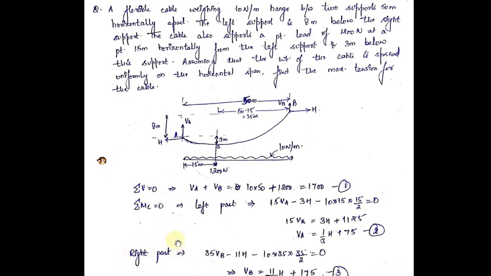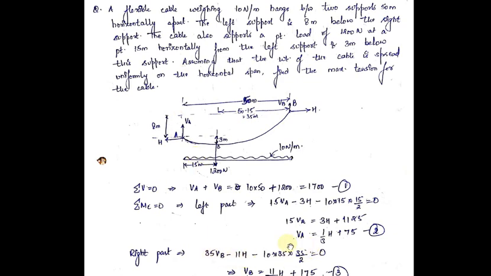Now taking the right part of the point C. If you see the right part of the point C, here also there are three forces. One is a vertical reaction VB, second one is your outward reaction horizontal thrust, and third one is your UDL acting in the downward direction. So the first force is VB. VB will produce an anti-clockwise movement about point C.